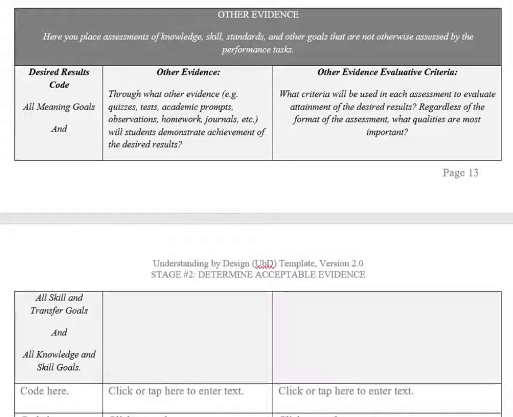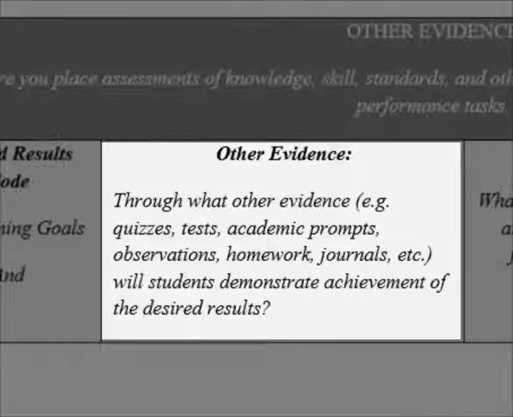Once the performance section has been filled out, we can begin filling out the other evidence section. Other evidence is made up of quizzes, tests, homework, etc. that demonstrate that the learning of knowledge, skills, standards, and other desired results not assessed by a performance task were